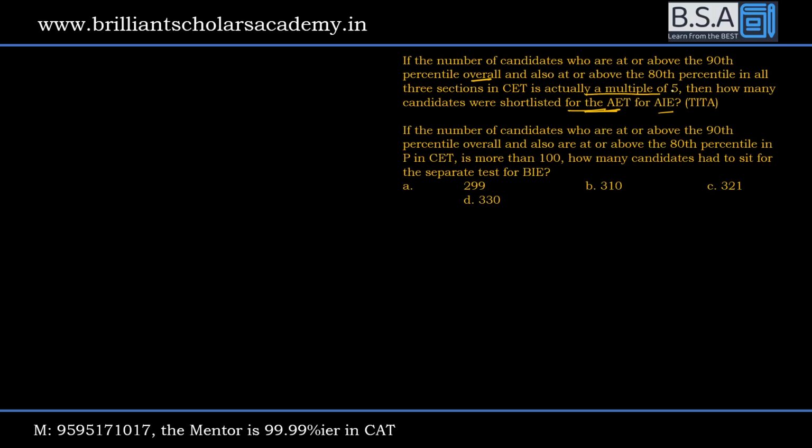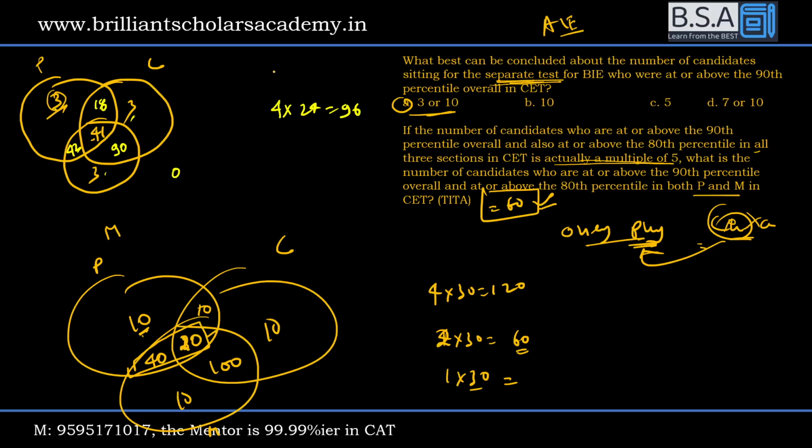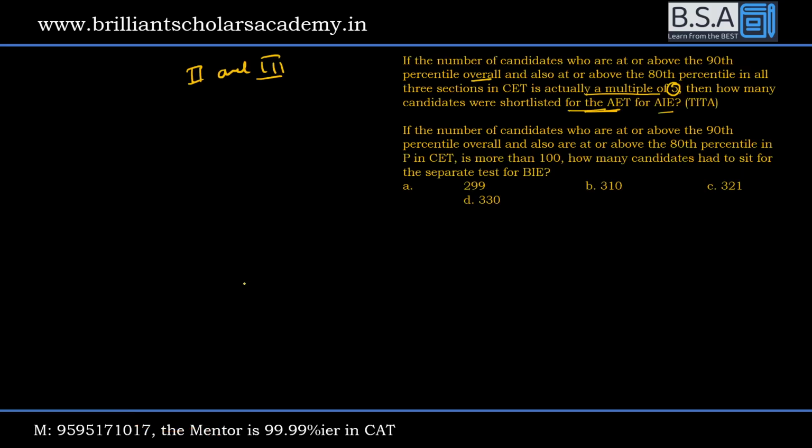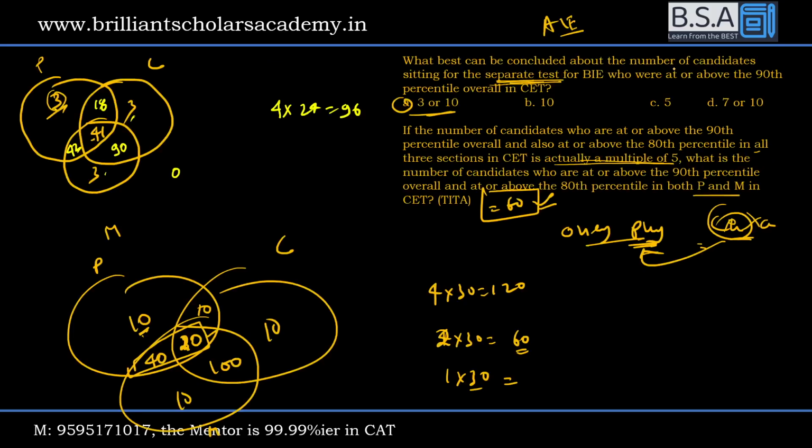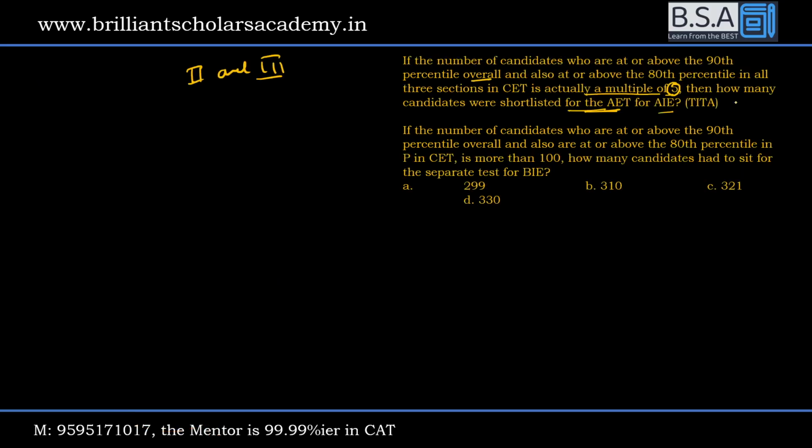तो बीच वाली वैल्यू मल्टीपल ऑफ 5 है, इसके बाद कितने लोग शॉर्टलिस्ट हुए इनके लिए, तो मुझे रीजन 2 एंड रीजन 3 गिन के इनको देना है। रीजन 2 में मल्टीपल ऑफ 5 पहले बोला है, ध्यान देना, मल्टीपल ऑफ 5 इन ऑल। 10 प्लस 40 प्लस 100 प्लस 20, 10 20 30 70 100 170। पिछला डायग्राम काम आ गया हमें।